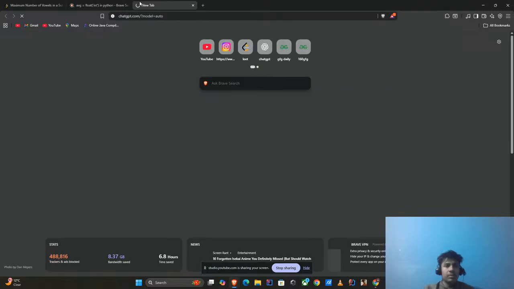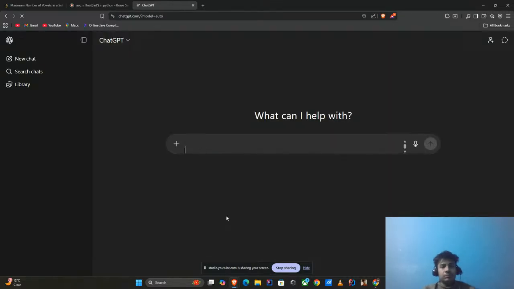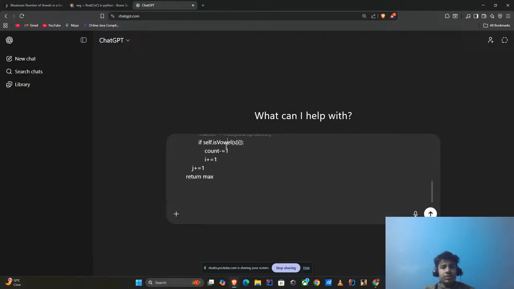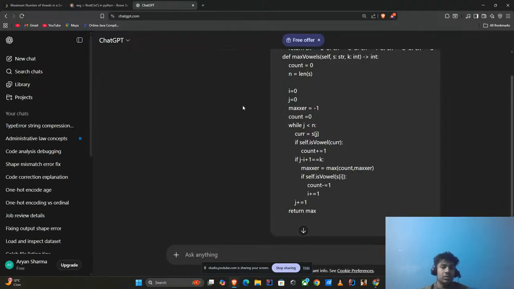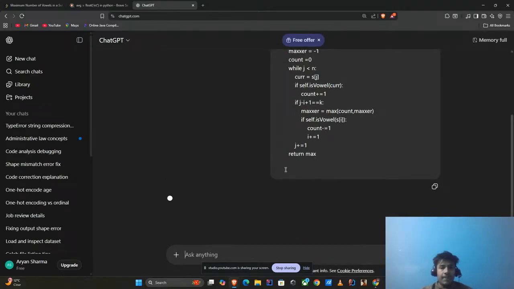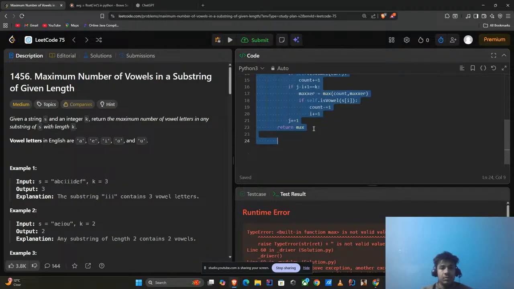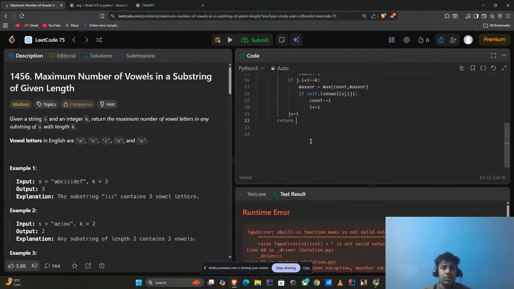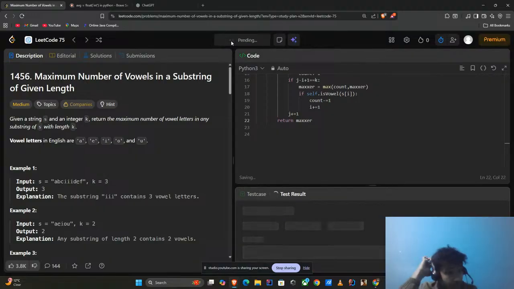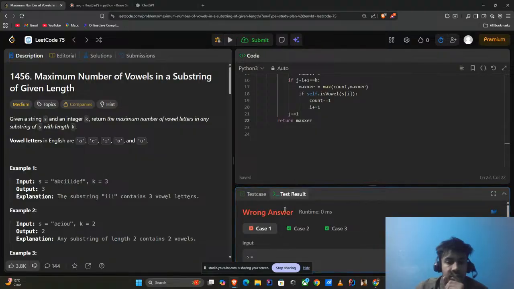Let's ask ChatGPT, and the reason I use ChatGPT is because it gives the solution very fast. Okay, I got it, and it should be max. Now it will be fine, I guess,